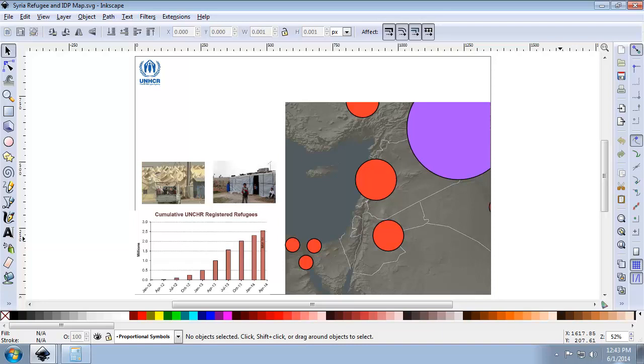One thing to note before you begin: depending on the scale and extent of the map as set in QGIS, you may have more or fewer circles than what is displayed and instructed in this lab. If so, either add and scale or remove symbols as appropriate. And we're going to purposely delete some symbols so that we can show you how to add and scale or remove symbols. So I have in Inkscape 0.48, the Syria and IDP map